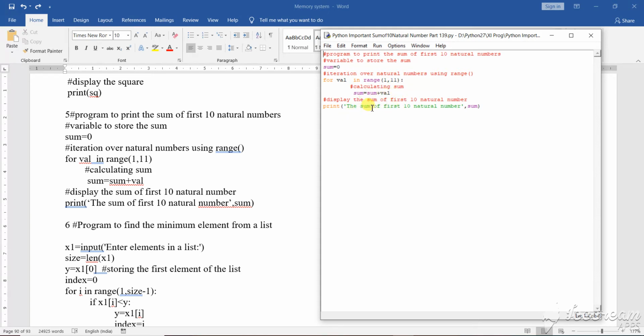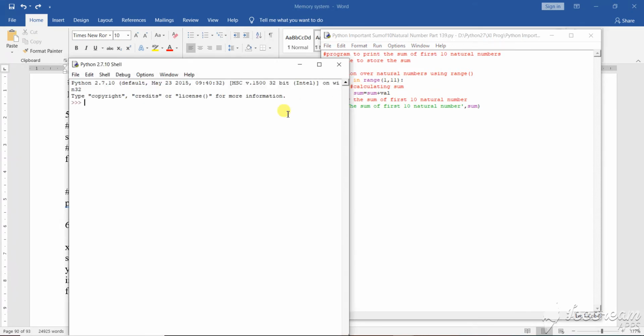Now what happened? The sum of the natural numbers is sum. This is where it prints out the values, and see here, for 10 natural numbers it is 55. So the sum of the first 10 natural numbers is 55.